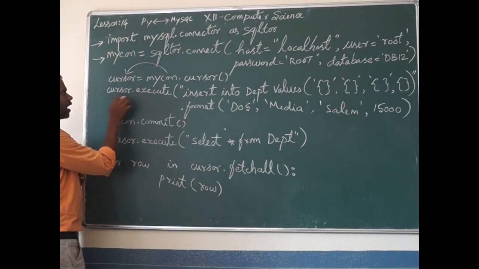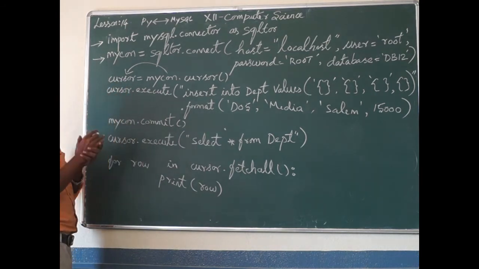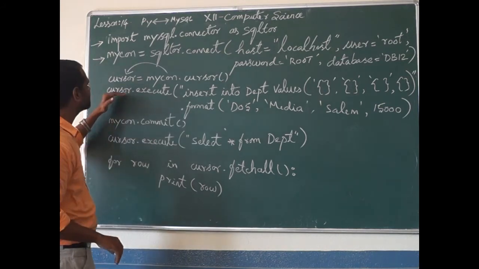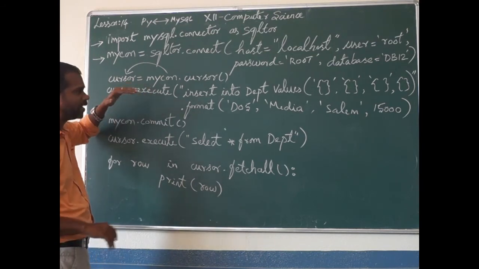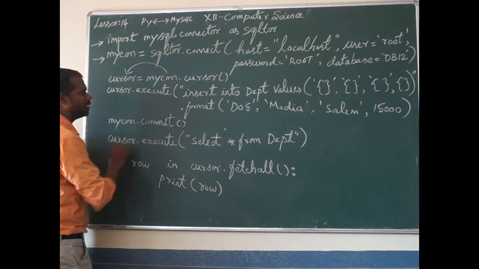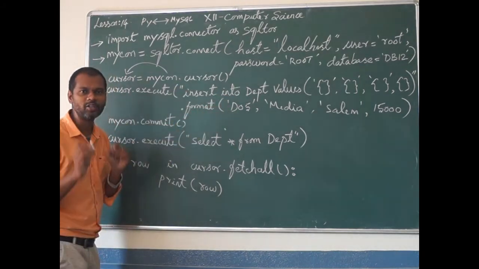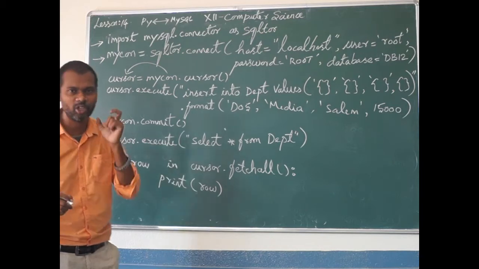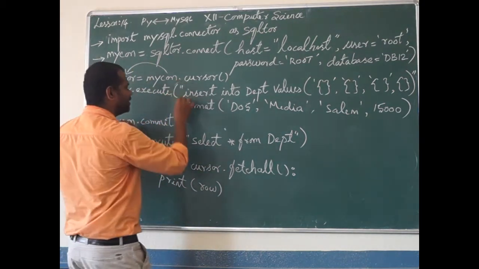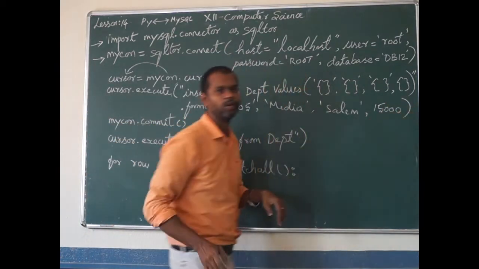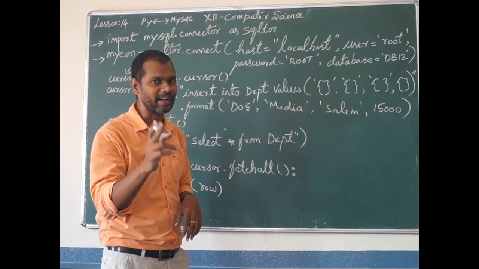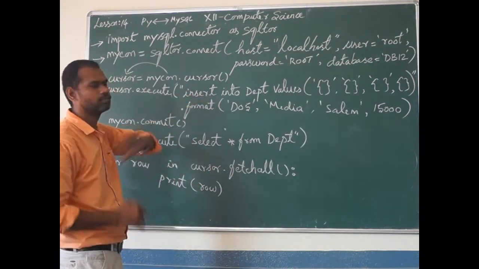So this cursor we are writing here, because we are going to select something. So cursor.execute. We are going to execute. Know this well: if you type cursor.execute, within the bracket you have to write SQL code. Inside cursor.execute, you want to select or you want to insert. You want to insert, right? So the insert code you have to give.